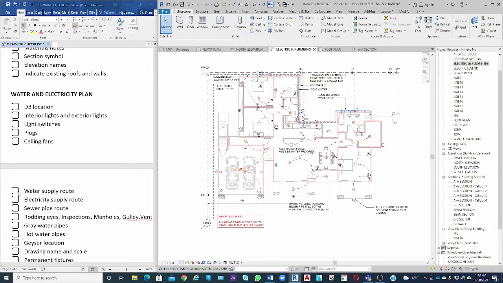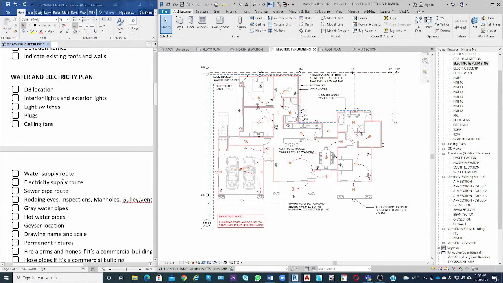You also need to check if you have indicated your water supply routes, electricity supply routes, sewer pipe routes, rodding eye, inspection manholes, gully and vent, the grey water pipe, water pipe, geyser location, the drawing name and scale,